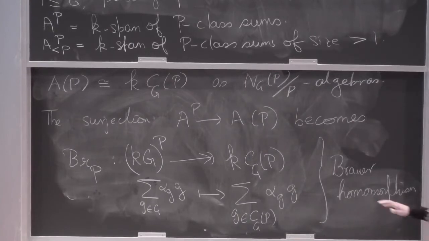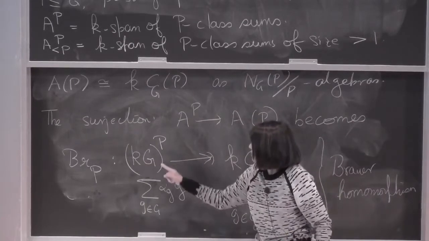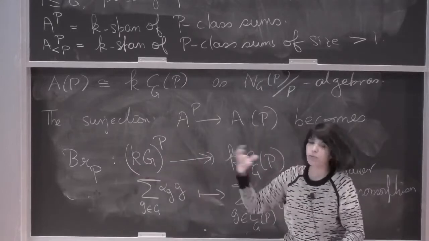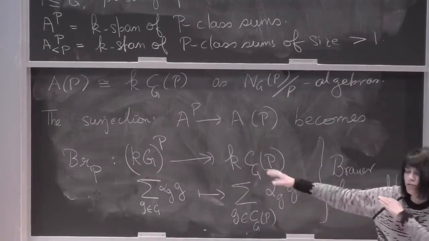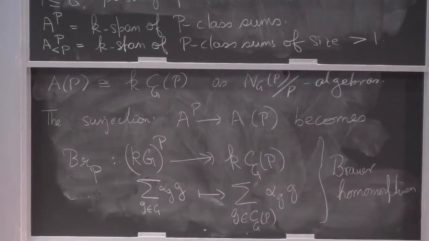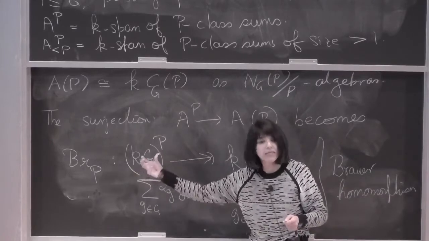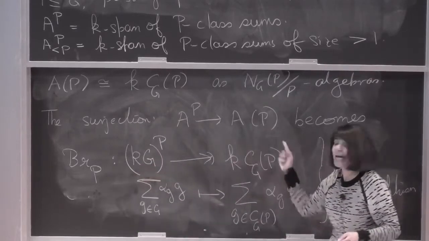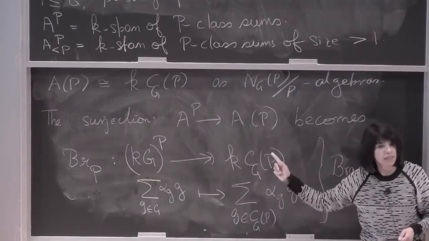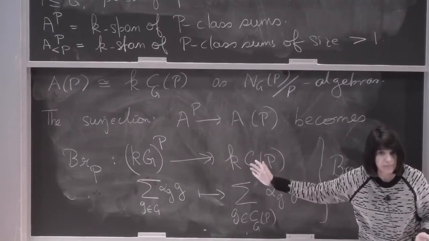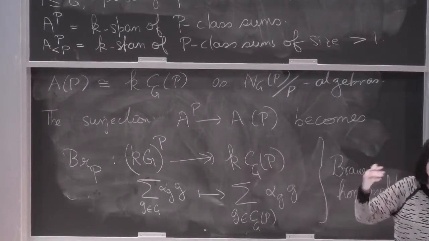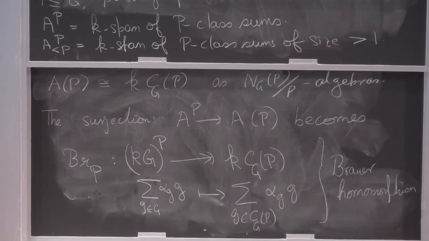So remember, KG decomposes as a product of blocks. All of this is working very well with the block decomposition. So what will happen if instead of taking the whole KG, I take a piece, namely the block? I'm going to land inside here, but I may disappear totally. And if I don't, then I am P-local.